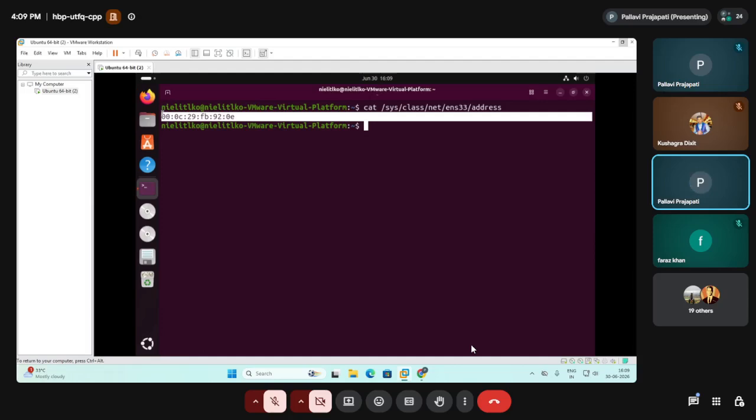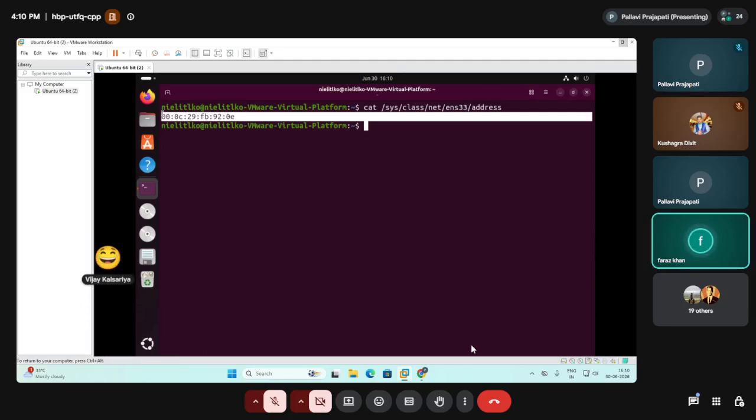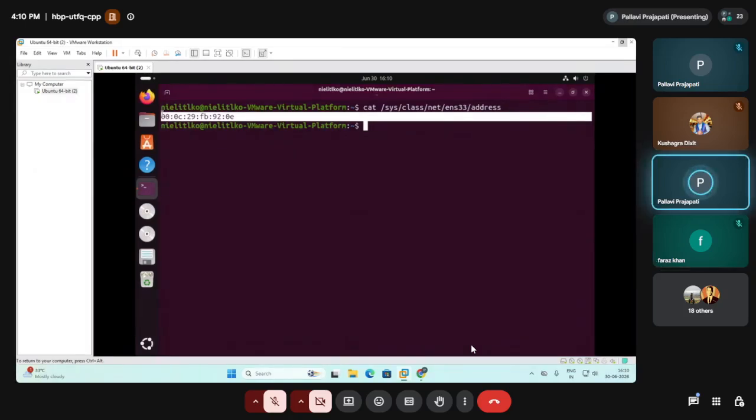Ma'am, how to configure an IP address on an Ethernet port? How to configure the IP address on the interface? How to give the IP address on the LAN port? Sometimes we are using a manual static IP. Here we are using VMware, and it is already using a virtual address.